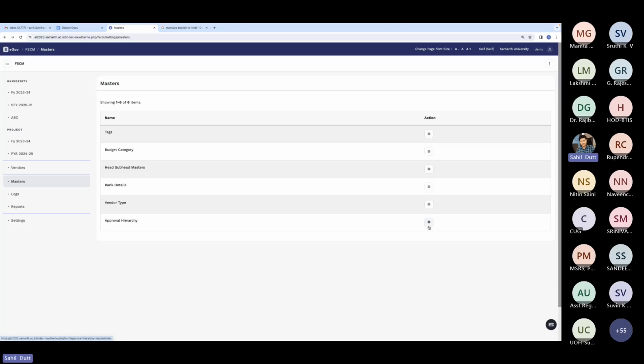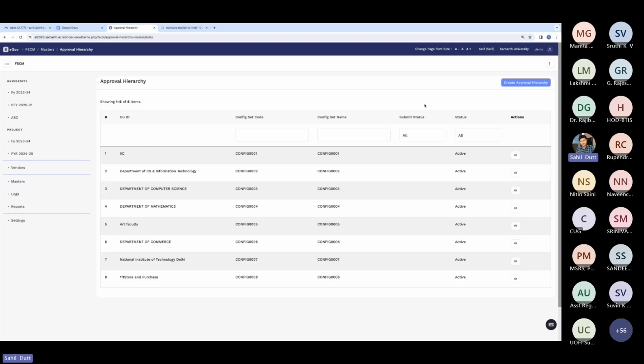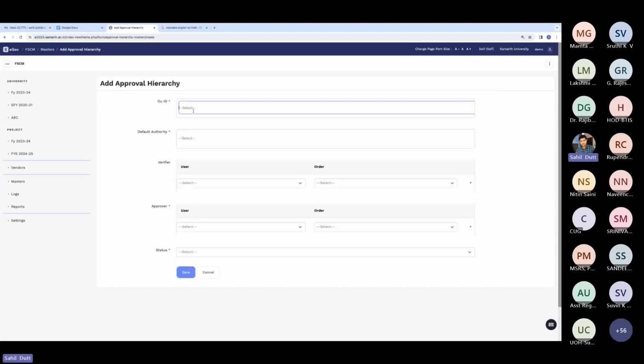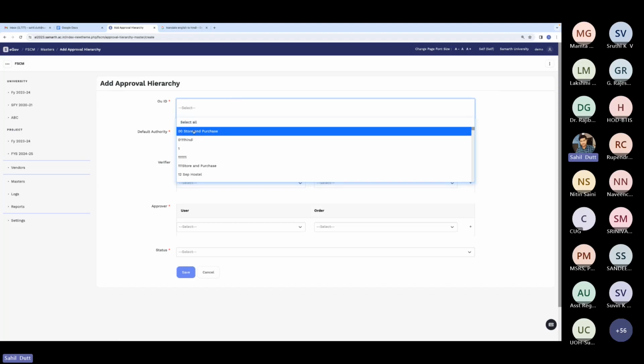After raising that estimate from my side, that estimate will go to the head of the department, and then the head of the department will check that raised estimate, and then that estimate will be sent for further approval. So basically, this flow can be defined here. How will it be defined? By clicking on this create approval hierarchy button, we need to just select the particular OU ID, or we can say the particular OU,